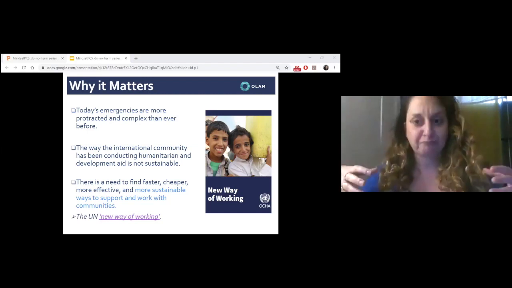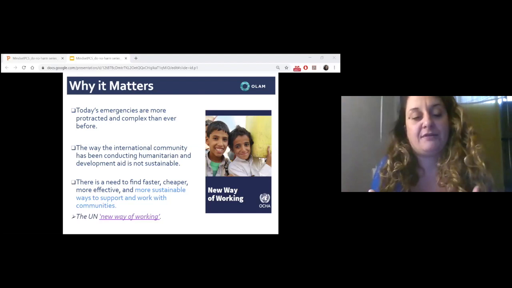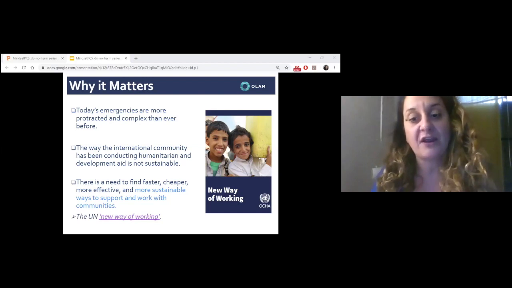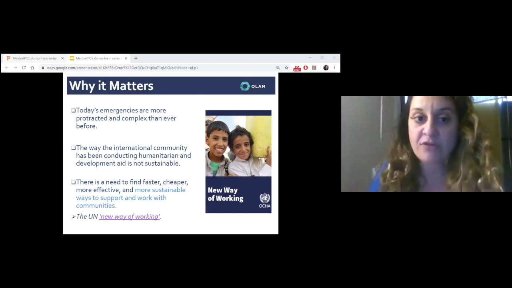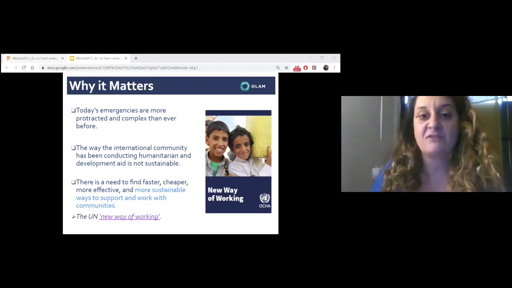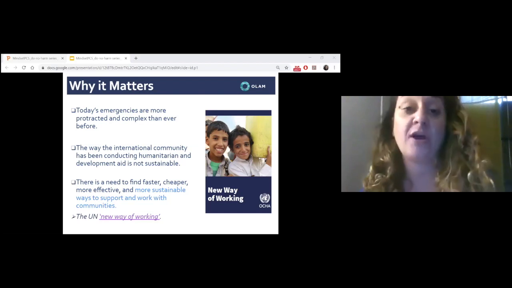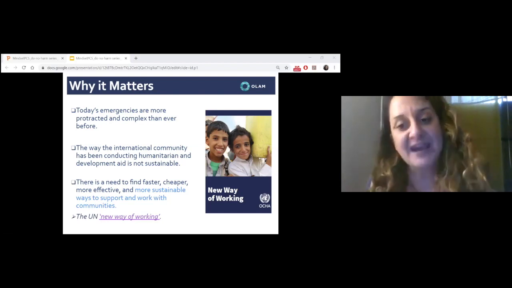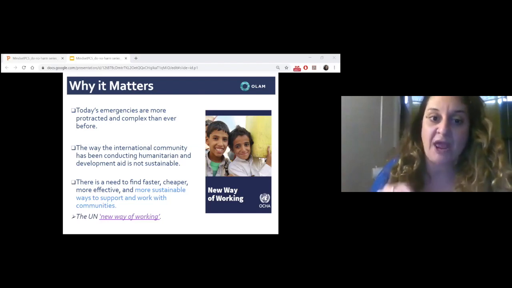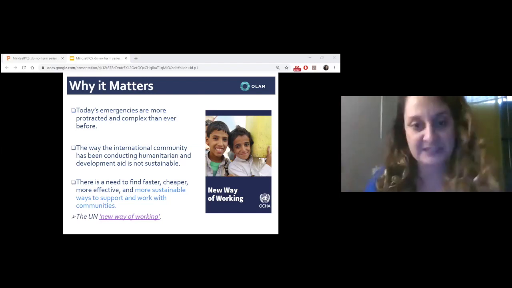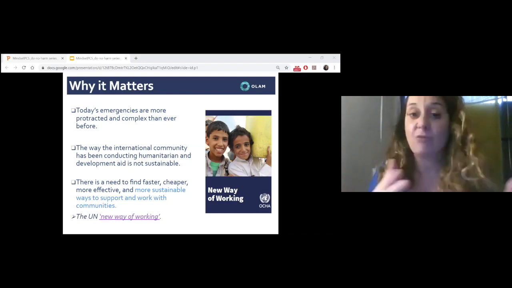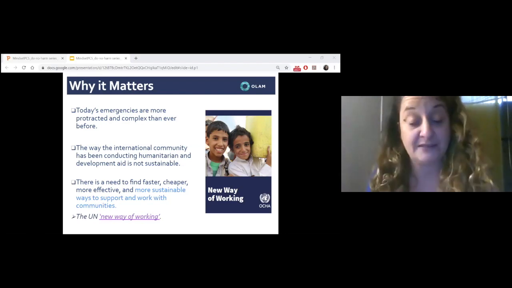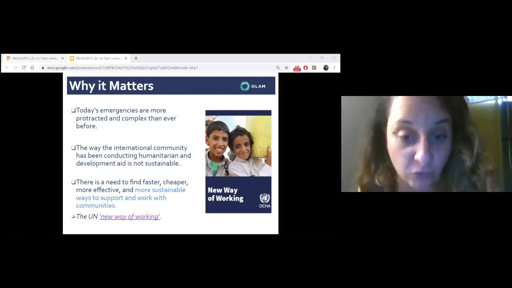So we realize that the nature of emergency, the nature of our work, has changed. And as a result, there is a general realization among the international community that what we've been doing up to now is not working so well. It's not so sustainable. And there is a need to find more effective, more sustainable ways to support and work with communities affected by crisis and displacements. One small example is that in 2017, the UN realized that and created a new framework called the New Way of Working,